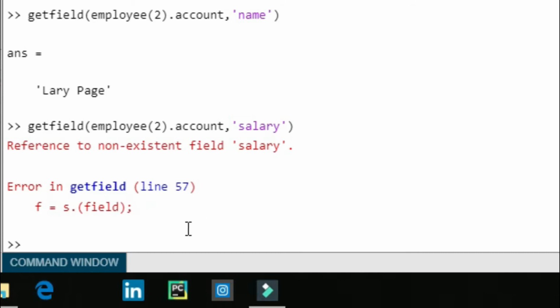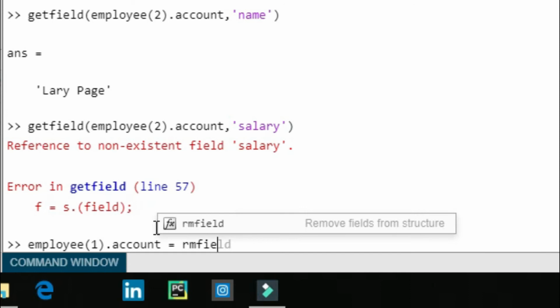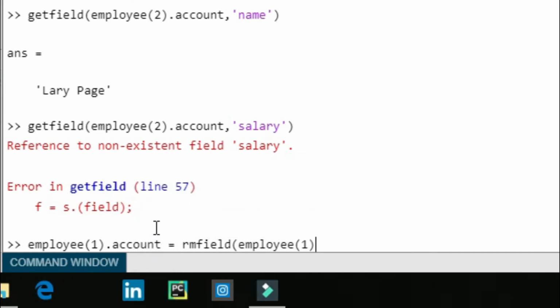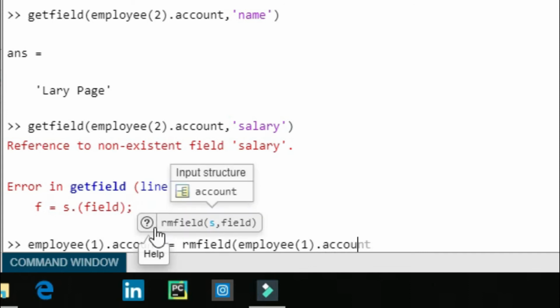Now let's try to remove fields by using the rmfield function. We are trying to remove a field from employee 1: employee(1).account equal to rmfield(employee(1).account, 'salary').